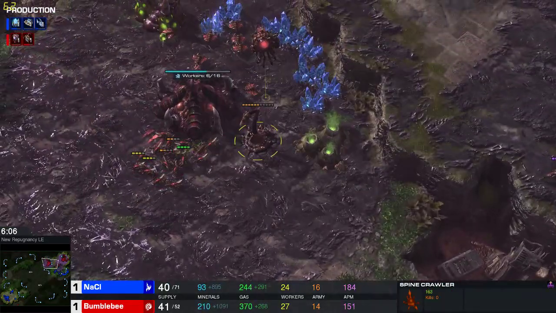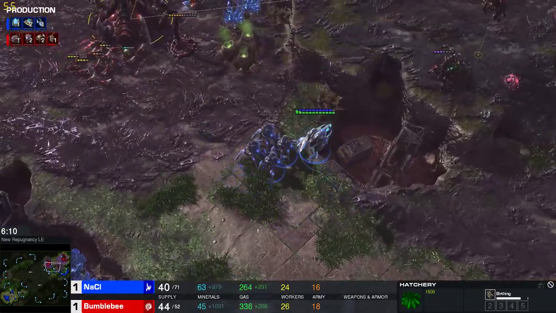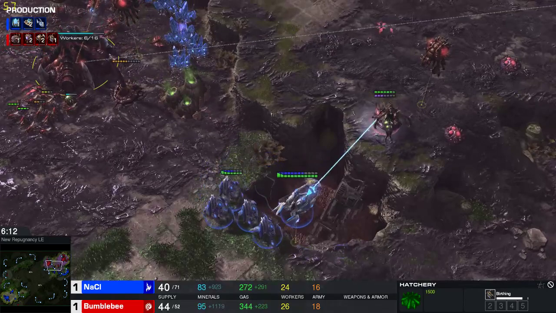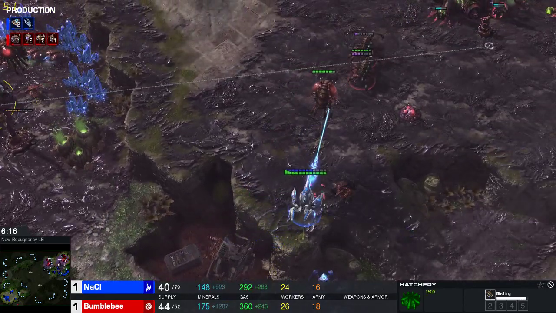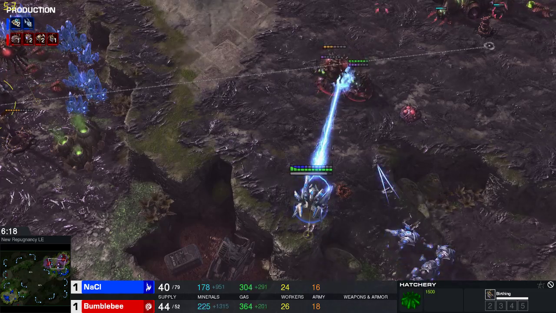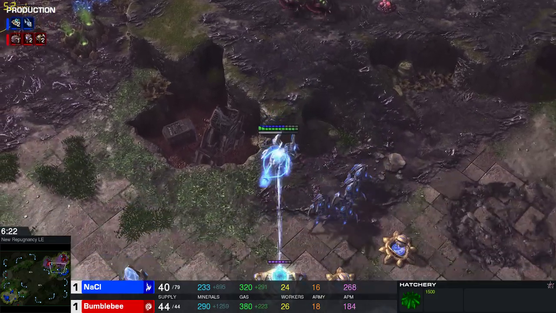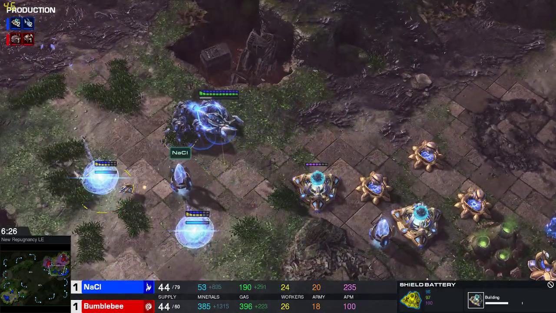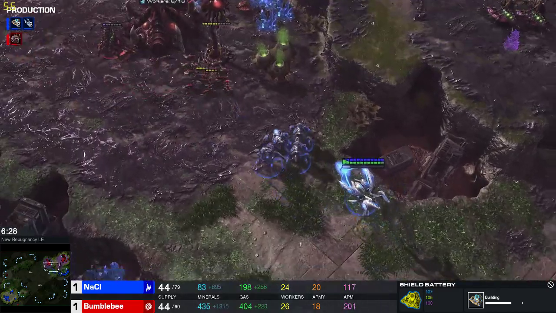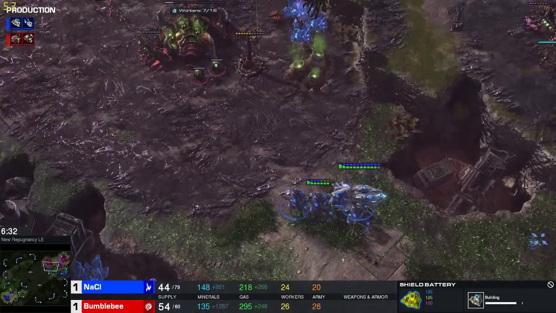Fortunately, these Spine Crawlers and these Lings are not going to do much at all to help against a Void Ray. The Void Ray is going to just come in here, and a couple of Queens are going to come out to defend against this. That Void Ray is just going to get pulled back to recharge those shields there. Salt actually expanding more towards the natural now with a few more of these shield batteries to help with this